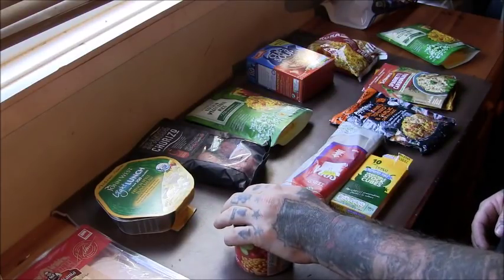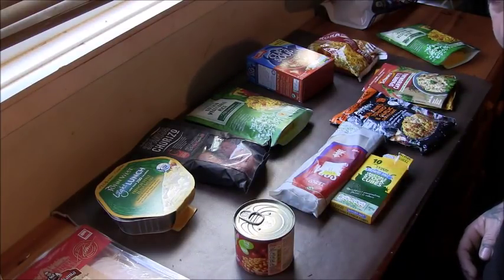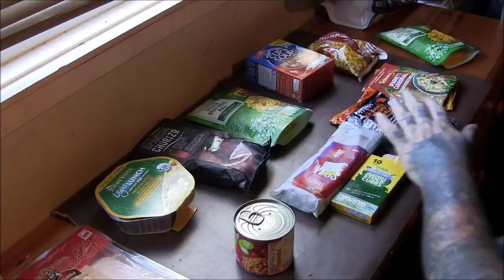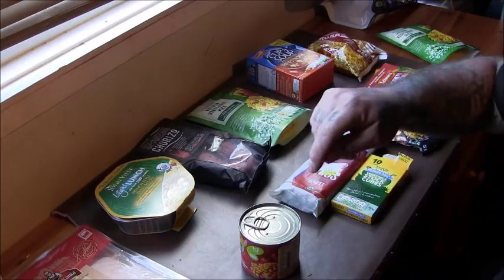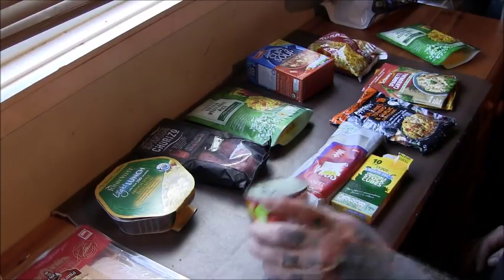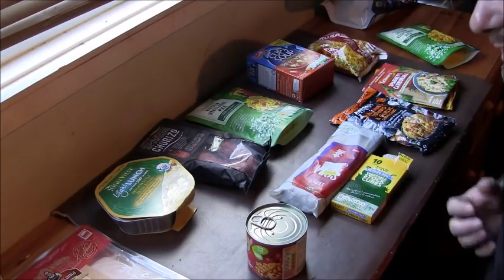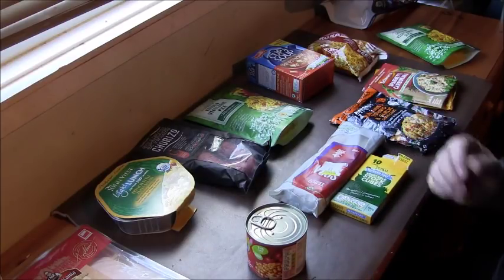When I say repurposed, I mean foods that aren't designed for camping, but I reckon you could get away with using them for bushcraft and survival. Little tins of beans are good because they don't take up too much room, but all the big tins do. And the other thing I noticed, it's such a shame that there's tons of tins what are